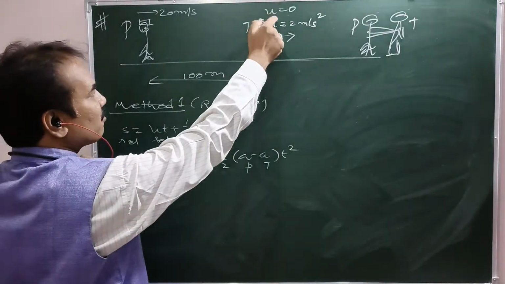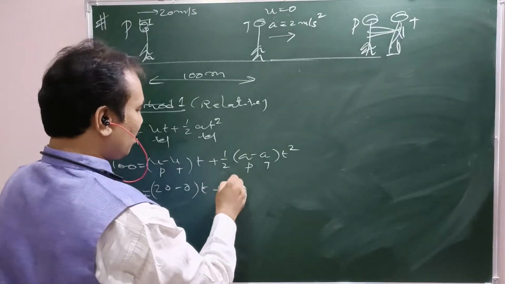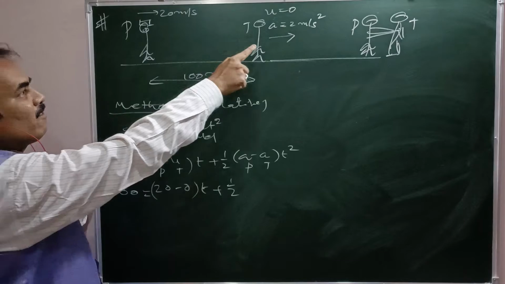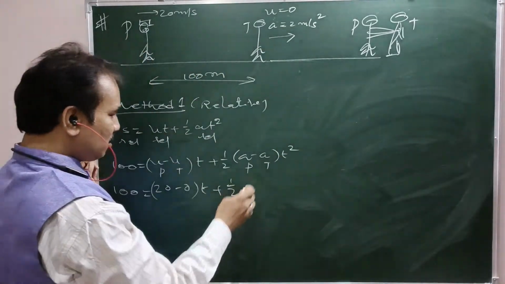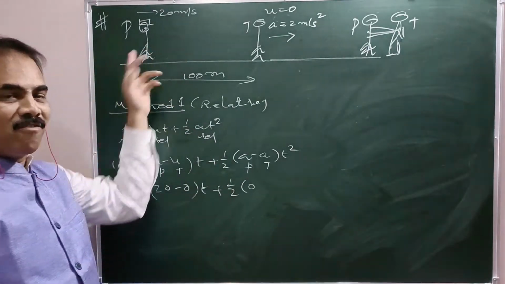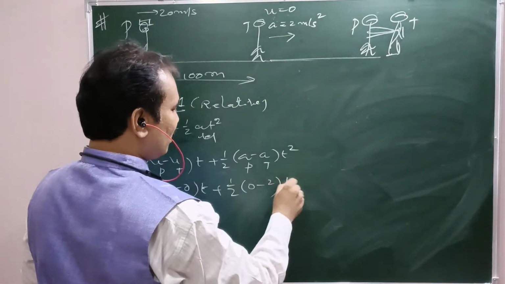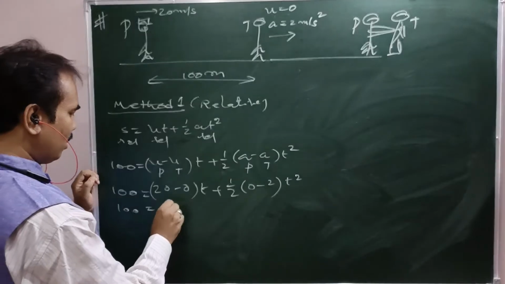What is the initial velocity of the thief? 0 into time, unknown, plus half into A police minus A thief. What is the acceleration of the police here? A police is 0, because he is under uniform motion. So 0 minus A thief, which is 2 meters per second square. That is 100 equal to 20t,